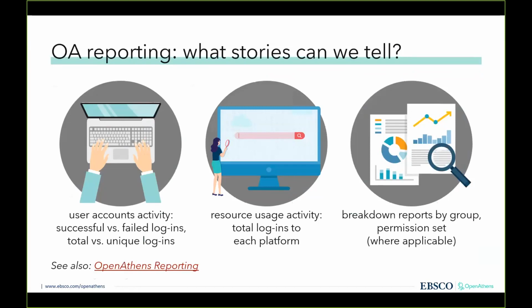And so to give you just a really quick breakdown, OpenAthens reports by default will report on how many logins have occurred, and that can be broken down by a particular publisher or vendor platform, which tends to be a popular report. And it can also be broken down by user group or permission set. So for example, going back to the patron status example or the library branch example, if this is a shared resource that people are logging into and we want to see how much usage is coming in from each library branch, or perhaps how much usage is coming from a particular patron status group,